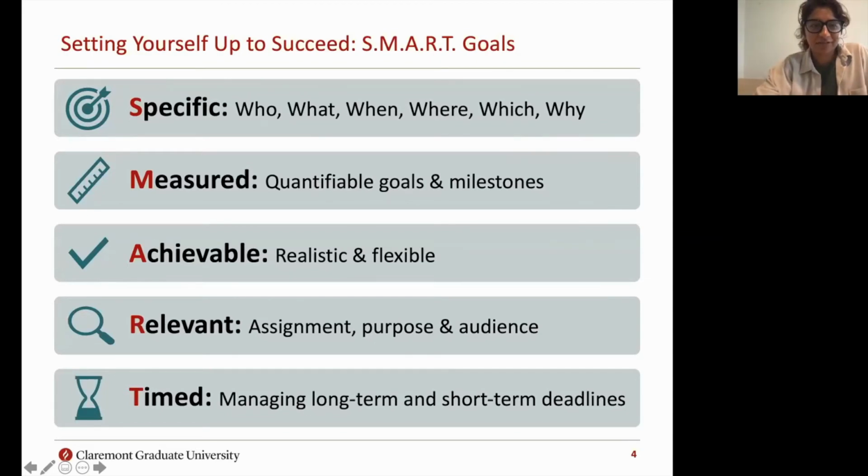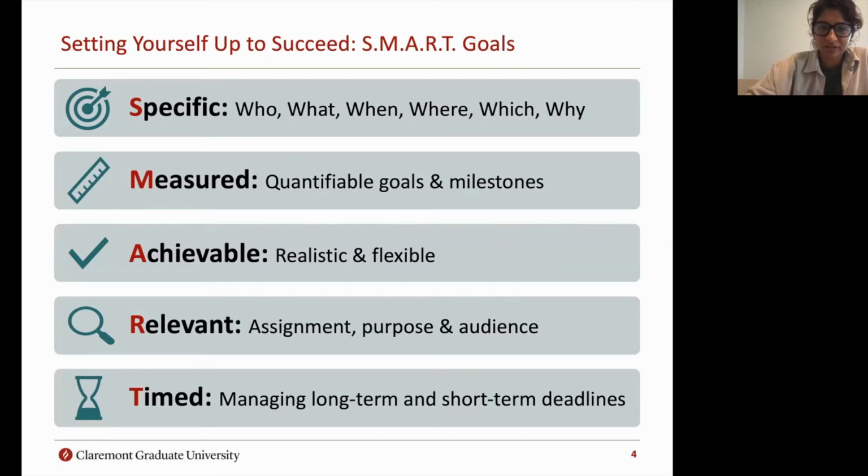Great, thank you. So the rhetorical situation flows well into thinking about SMART goals. SMART goals here is an acronym that shows how we break down each form of these goals, which I'll go over, but it becomes a useful way to create a writing plan and really set up a goal setting system for yourself. So there's a lot of useful things about SMART goals. One of them is that it helps you think about the long-term and the short-term goals and assignments.